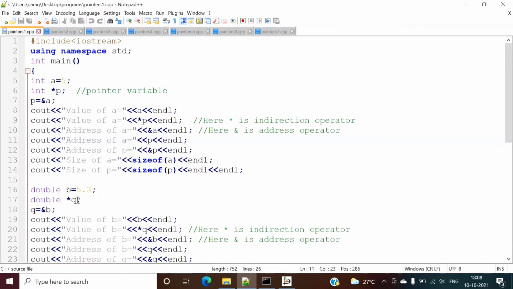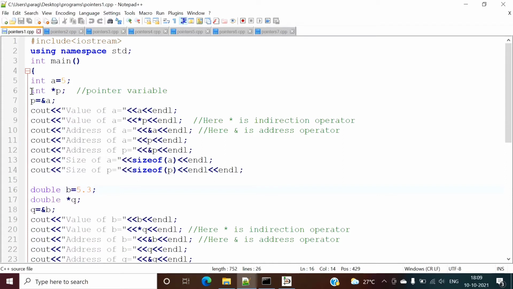In the same way, here Q is a pointer variable. So by this asterisk symbol we will come to know Q is a pointer variable, and Q will have the address of some other double variable. Now see the next line.